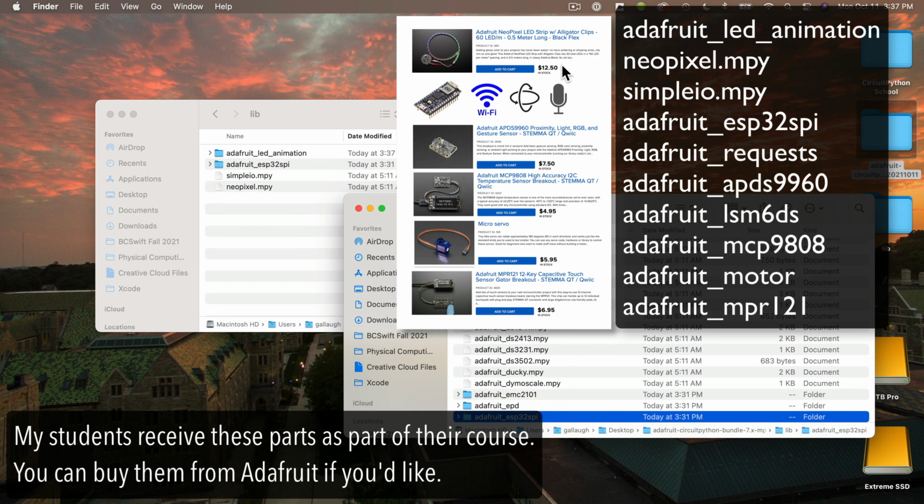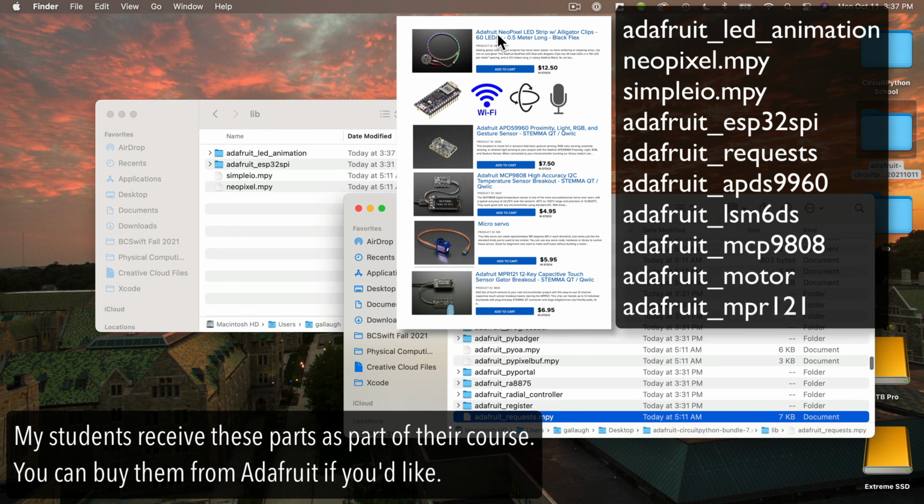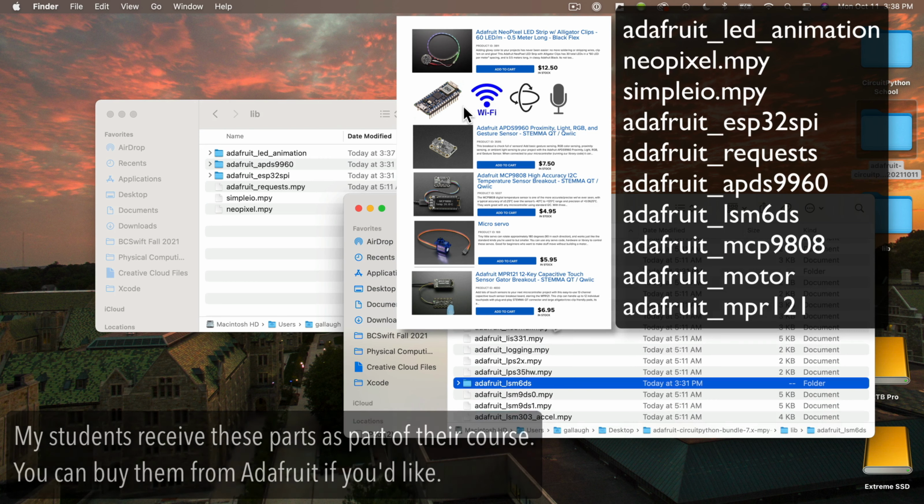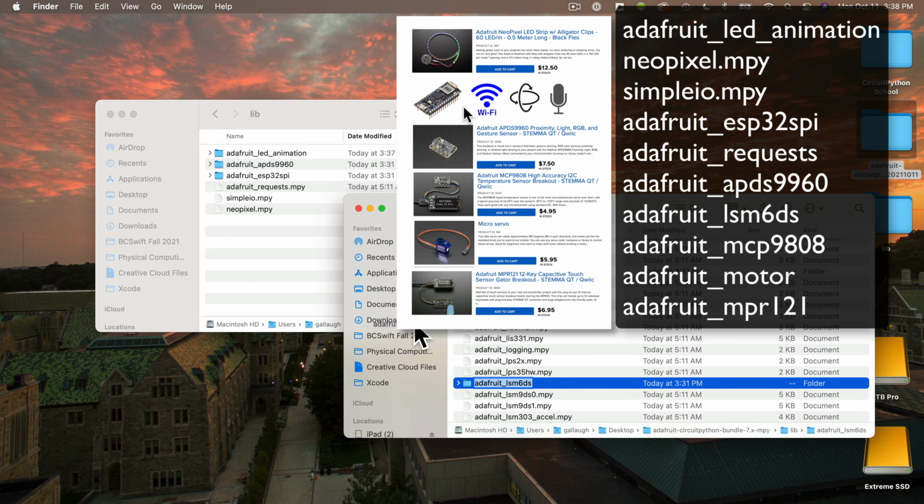Adafruit_LED_animation and Neopixel.mpy, which we're going to use to work with Neopixel lights. You'll need simpleio.mpy, which we're going to use when we work with audio. To work with Wi-Fi in the Arduino Nano RP2040 Connect, we'll use Adafruit_ESP32 SPI and Adafruit_requests. You've also got a proximity gesture and color sensor, and for that you'll need